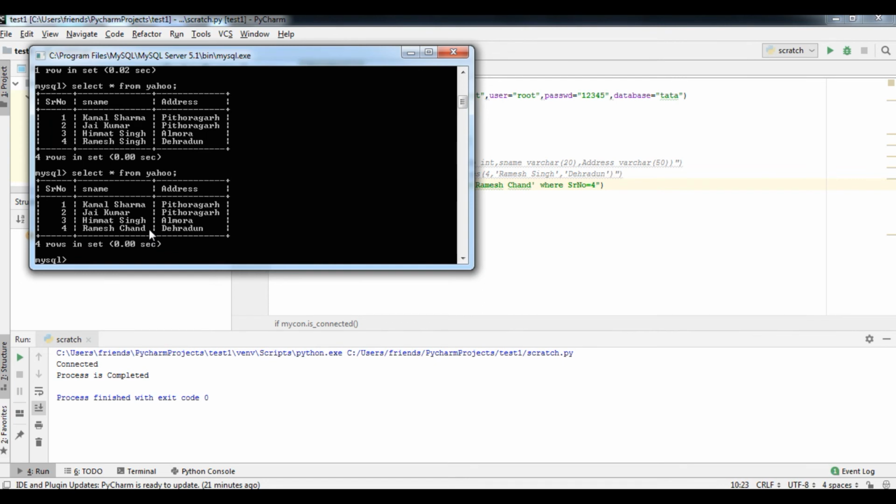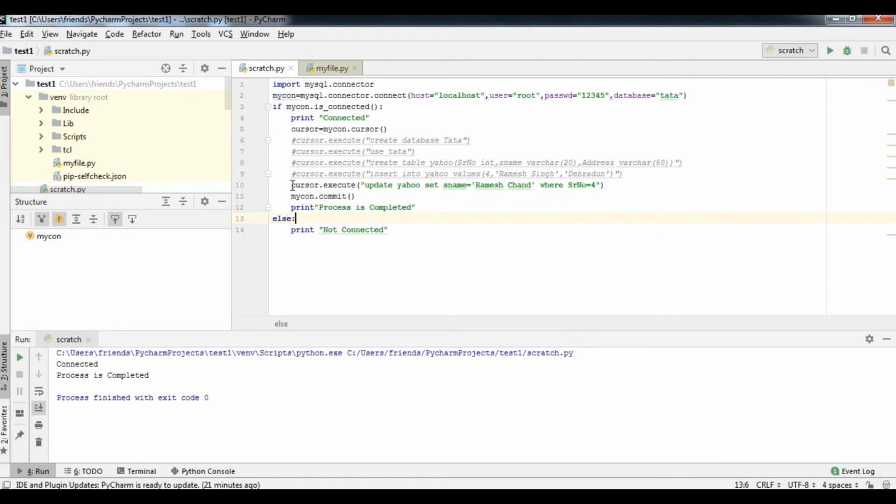So now I am going to add another detail, and I am going to update it again. So what I will do student, I will comment the update statement, and I will insert a new record. Suppose that here record is 5, student name is Mohan Verma, and address is suppose that Delhi.